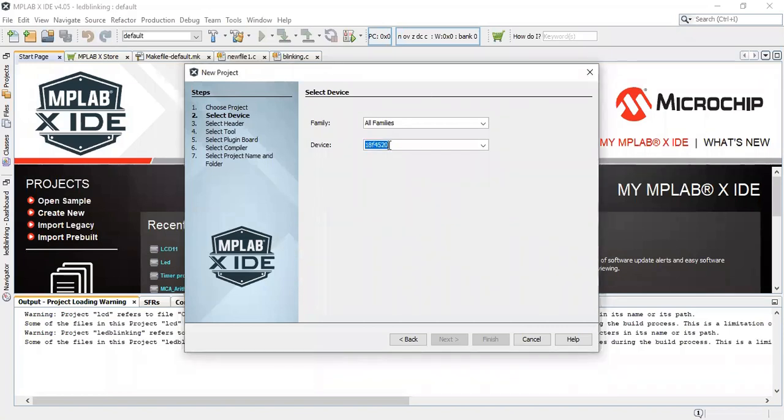Select this particular IC. So I will type again 18F4520. Okay, so this IC is there, and then click on next.